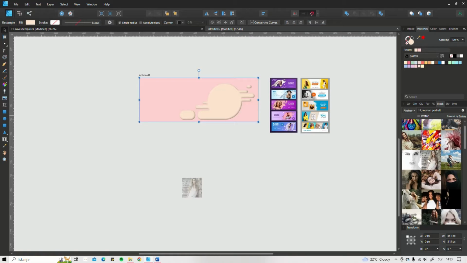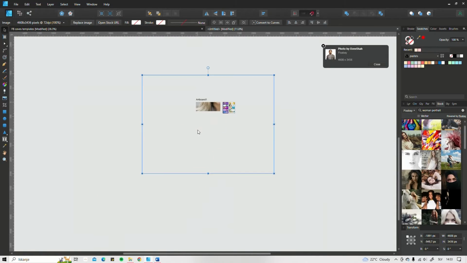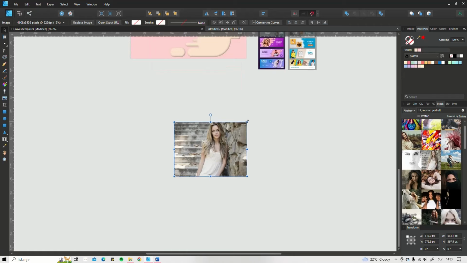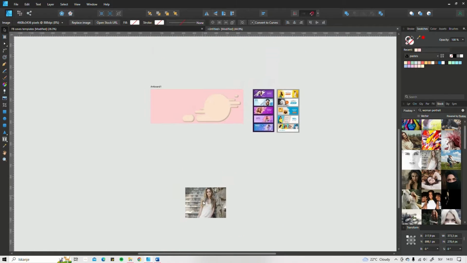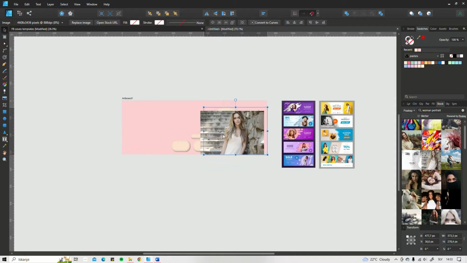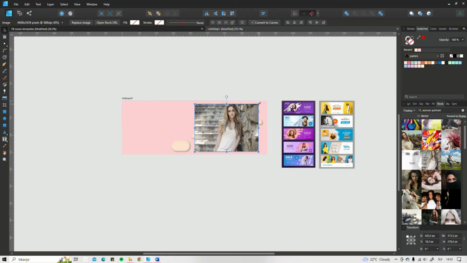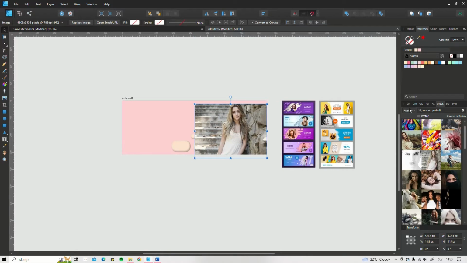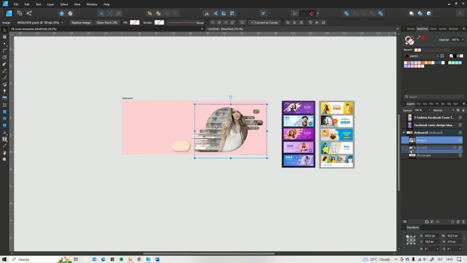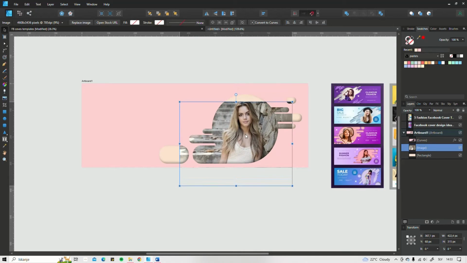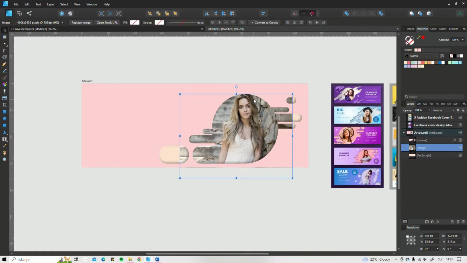So how do you get the images? Just click on it and drag it onto your work area, and then wait a few seconds for it to download. Now let's put this inside. And behind this. Now I want her to be like in the middle, which means this part is a bit